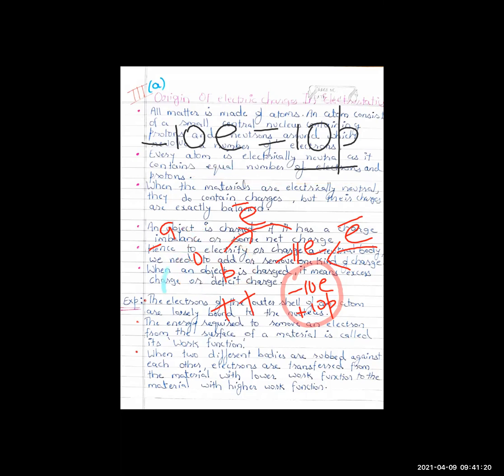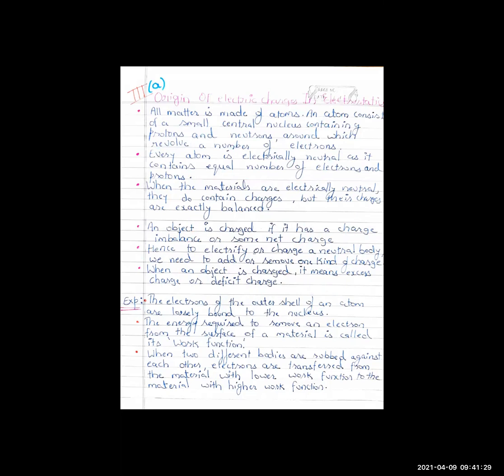So this is it. Now let's see, what about these electrons? How do they come out? Why do they come out? So children, we have studied in our lower classes that in the outermost orbit of the nucleus, suppose this is your atom, and in the atom this small part is your nucleus, right? So here you are going to have the orbits. So in the outermost orbits, the electrons which are present, they are very loosely bound with the nucleus. The force of attraction between the electron and the nucleus is very, very less.